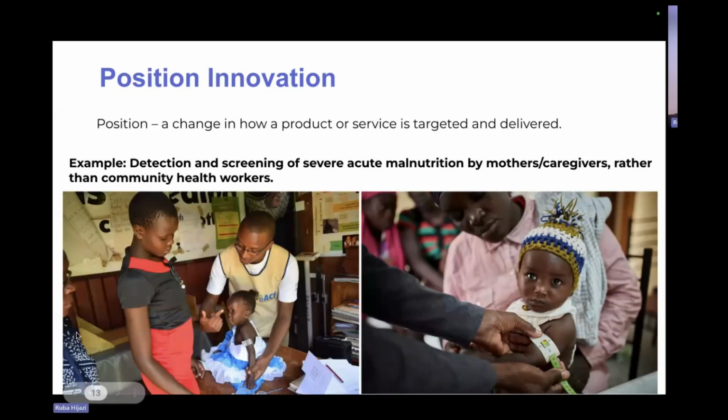Another type of innovation is position innovation. In position innovation, we change how the product or service is targeted and delivered to the end user. As an example, with this challenge of the detection and screening of kids who are facing malnutrition, because there is a limitation with the number of caregivers,